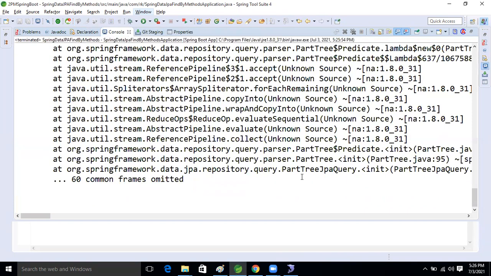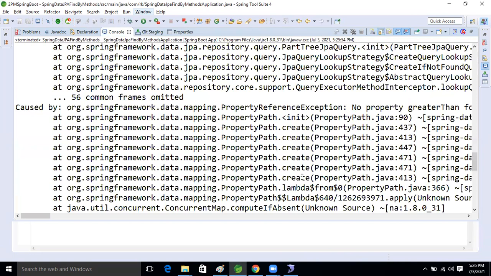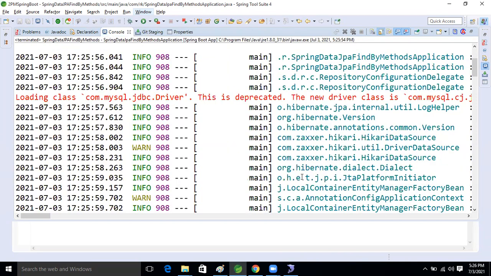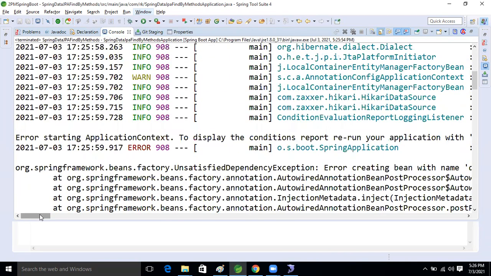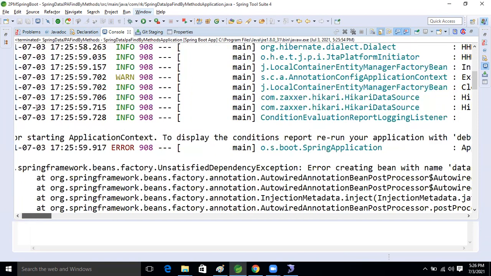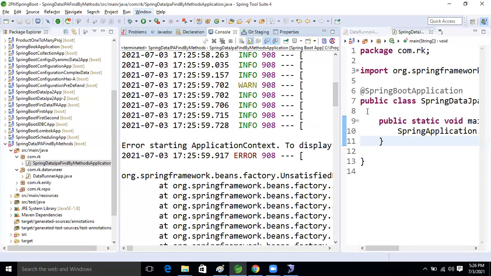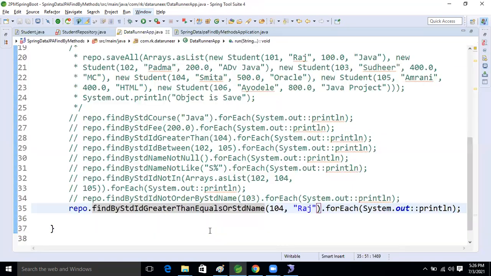Hey, why are we getting the error? Maybe there we put equals, but in the query there will be only equal, not equals. Equal, right?